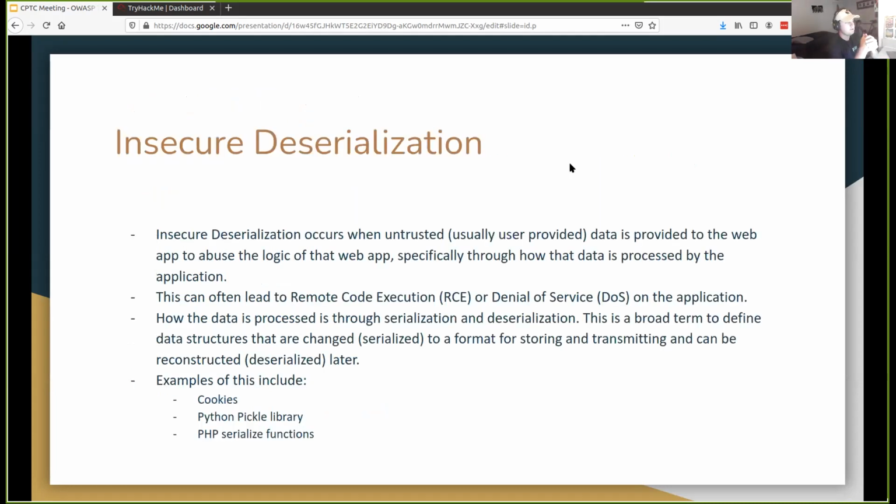So what is insecure deserialization? It occurs when untrusted, usually user-provided data is provided to a web app to abuse the logic of that web app, specifically through how that data is processed by the application. That can be pretty vague, because using that definition alone would mean XSS is insecure deserialization, which some people, I guess, can make the argument is, but this is more talking about when data is specifically